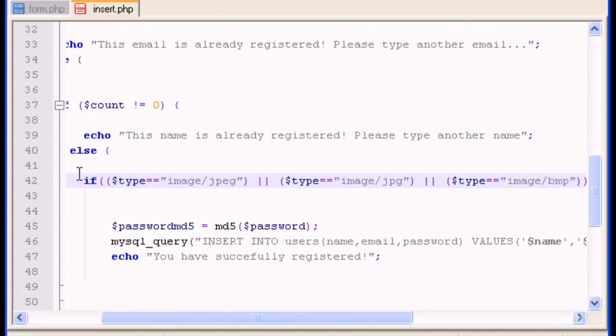Okay, so if the file is a BMP, JPG, or JPEG, you can proceed and